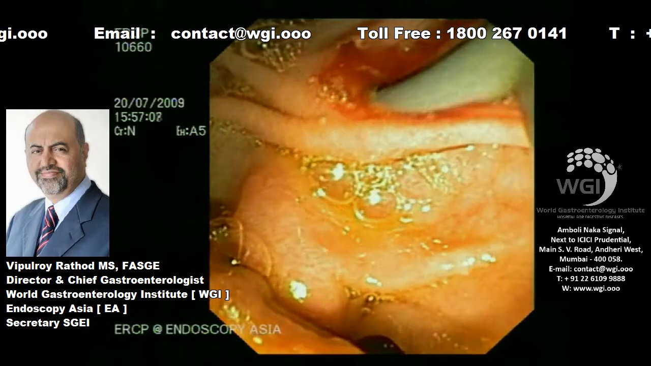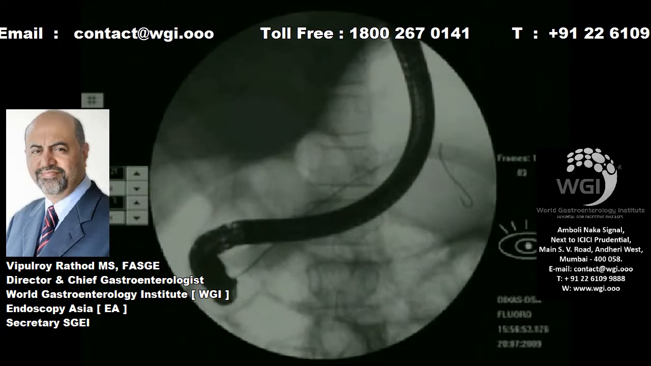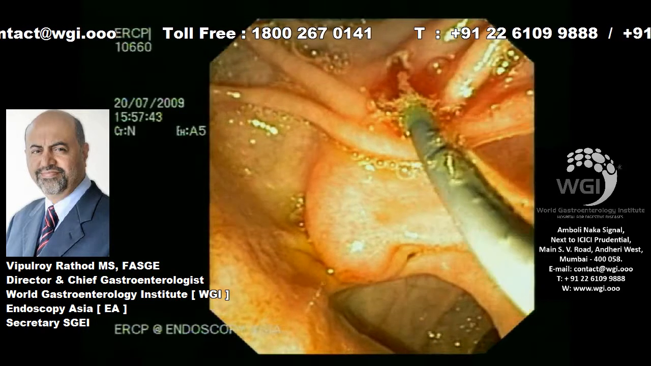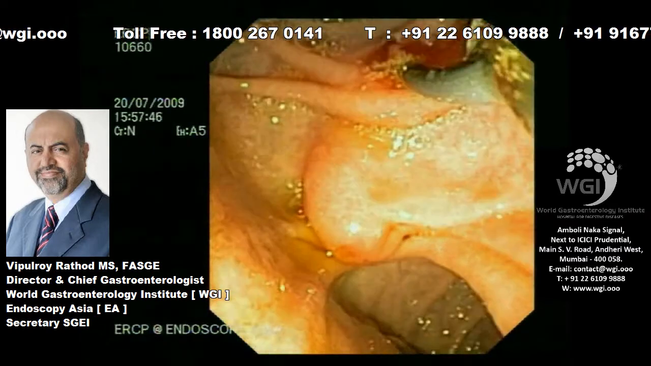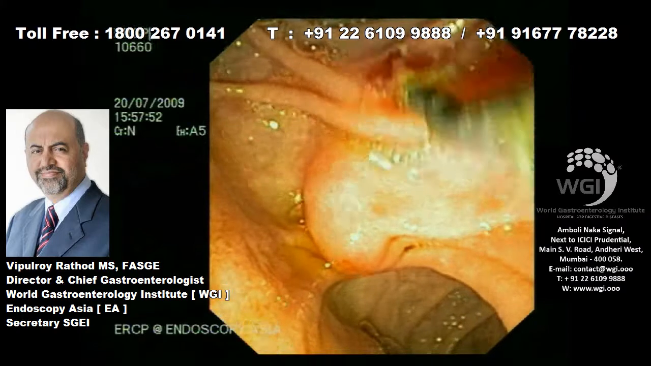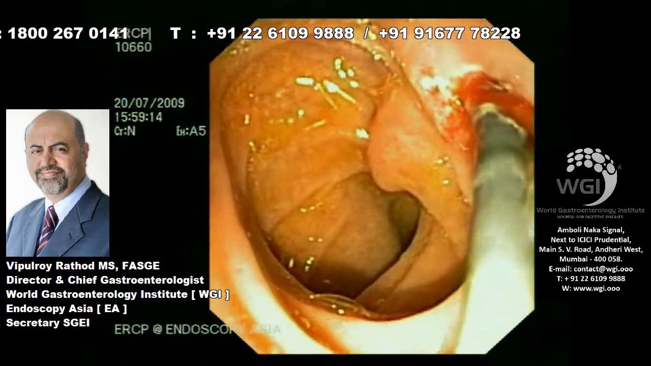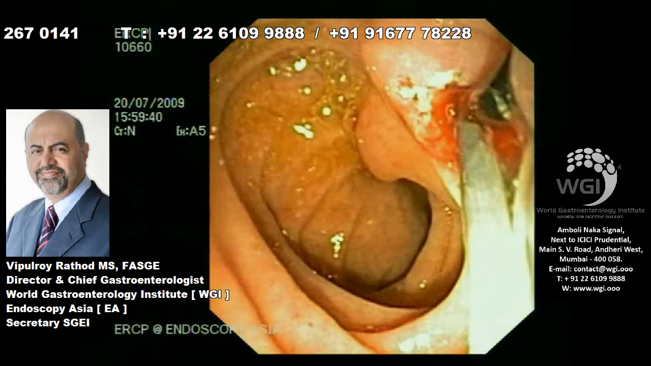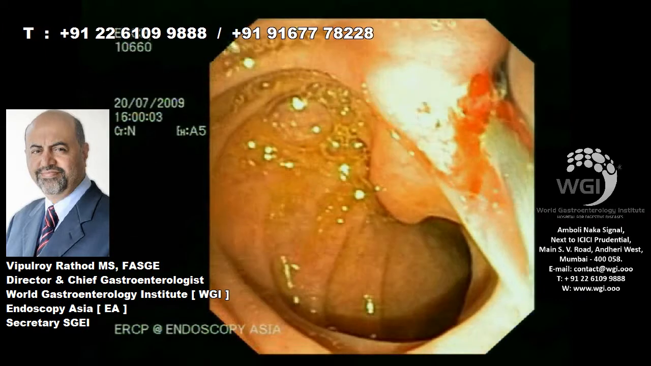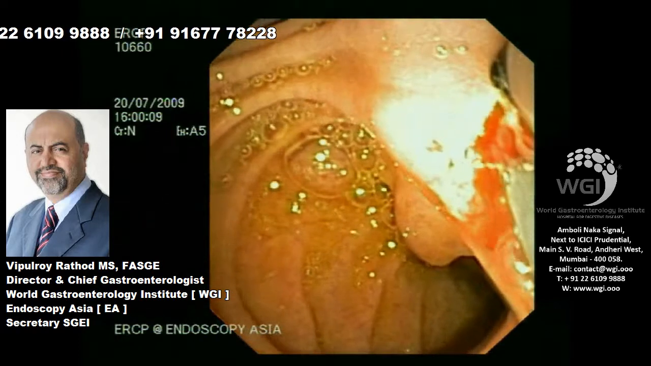a 5 French Teflon stent. We always try with 5 French to start with, and we prefer straight stents rather than pigtails in our unit. This is an 8 to 10 centimeter 5 French Teflon stent being inserted in the pancreatic duct from the minor papilla. You can see the major papilla. Now we just did a pre-cut, so we extended the sphincterotomy over the stent with a needle knife a little bit to ensure effective